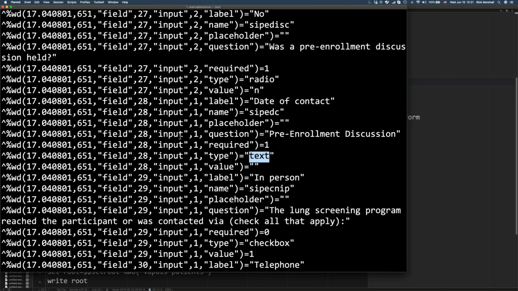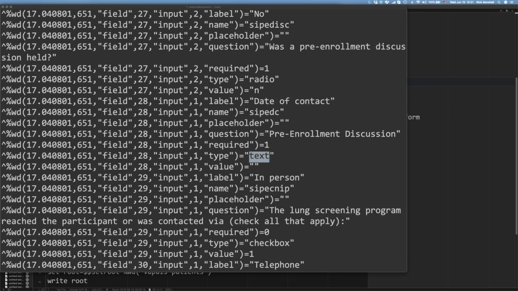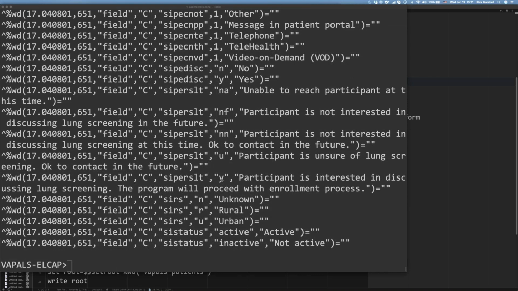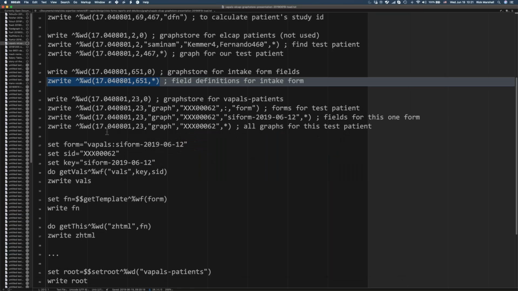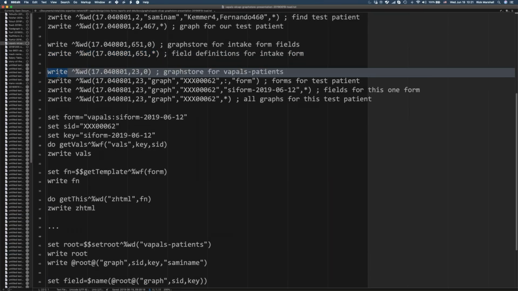So this is not just useful information for you as certifiers to look at a field and understand what's in it, but it's also another pointer towards the future and where we're going with these user interfaces. Having established where the DDs are, which you can now look at to your heart's content whenever you feel like, we are going to move on and actually look at the graph store that has the data for